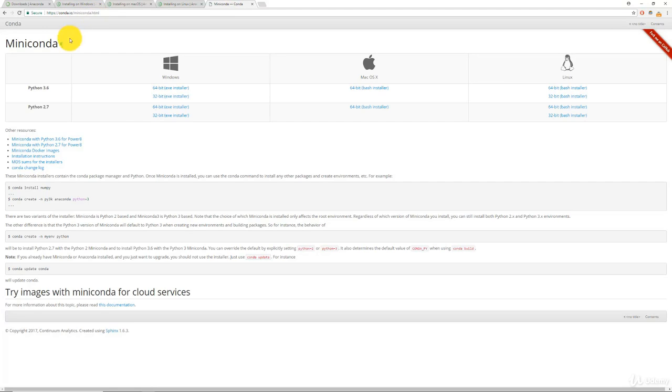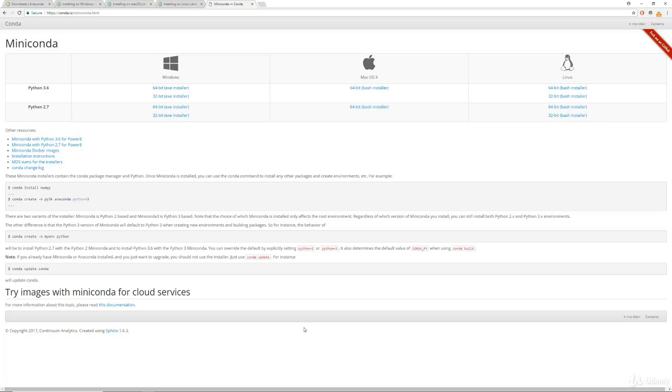conda.io/miniconda-html, or just Google search for miniconda, and it will take you to the miniconda links for the installers. And it's basically the exact same thing, except it's a much smaller file, and it doesn't include a variety of the libraries, which you don't really need to worry about. So there's one for Windows, Mac OS, and Linux. So if you're interested in a much smaller file download, you can use those installers as well. However, we do recommend that if you have the bandwidth and the space, that you just download the full Anaconda